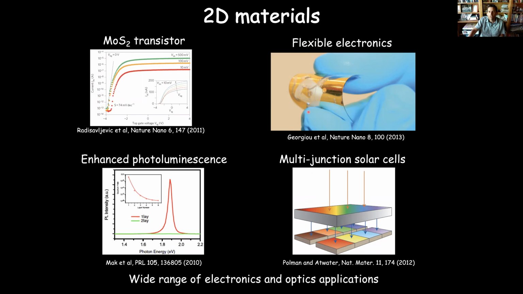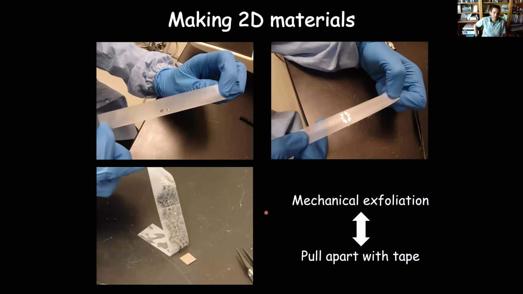The semiconductors also have photoluminescence, so they can give off light at certain wavelengths or absorb light at certain wavelengths. You can imagine from that making things like solar cells, which are sensitive to wide ranges of different energies, instead of silicon, which is sensitive to just a single wavelength. If you combine these materials, you can get a multi-junction type solar cell and be sensitive to a wider range of wavelengths of light. And so that's one of the ideas that we're going to use here, is to try to combine these materials and to enable new or different functionality.